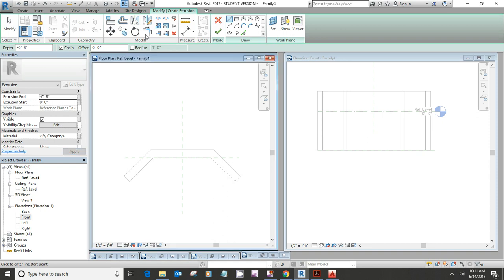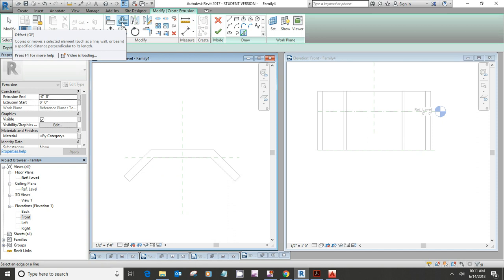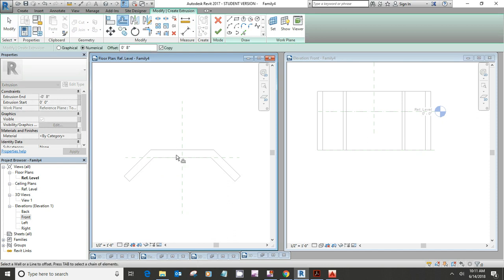See if it likes a negative direction. And let's see if we can do offsets. No. Oh, pick line, duh. It's still not liking that. So what I can do is pick them and then offset them. And these are 10 inches to the back, 6 inches to the front. That's why I only selected the